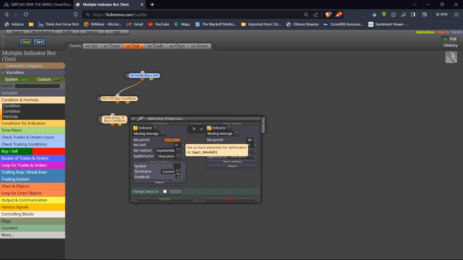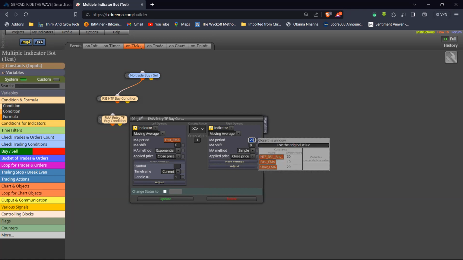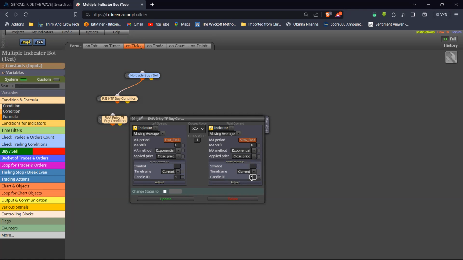Under more setting, we want to set candle ID to 1. Now, in this particular instance, we're going to leave the time frame at current. It's going to be set to the current time frame. And the condition is if the 10 period moving average crosses above, right, so X greater than, the 20 period moving average, but instead of typing 20, we'll use the constant that we've declared. Make sure we're looking at the exponential moving average, set candle ID to 1 as well,